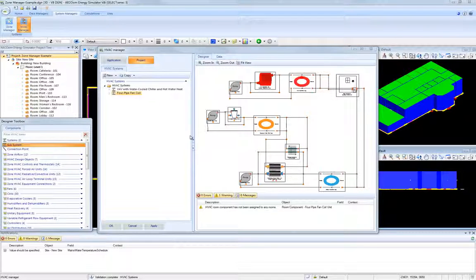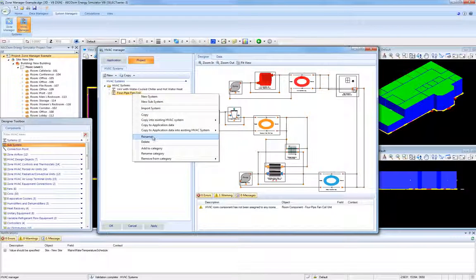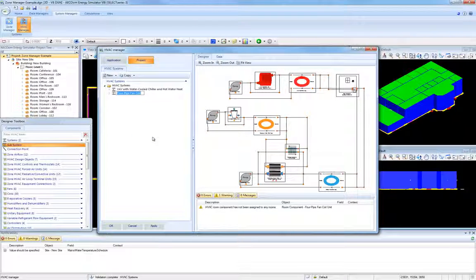Systems contained in the project side of HVAC Manager can also be copied back to the application side or library by right-clicking on the system name in the tree view and selecting Copy to Application Data. So first I'm going to right-click and rename this to My Favorite 4-Pipe Fan Coil.